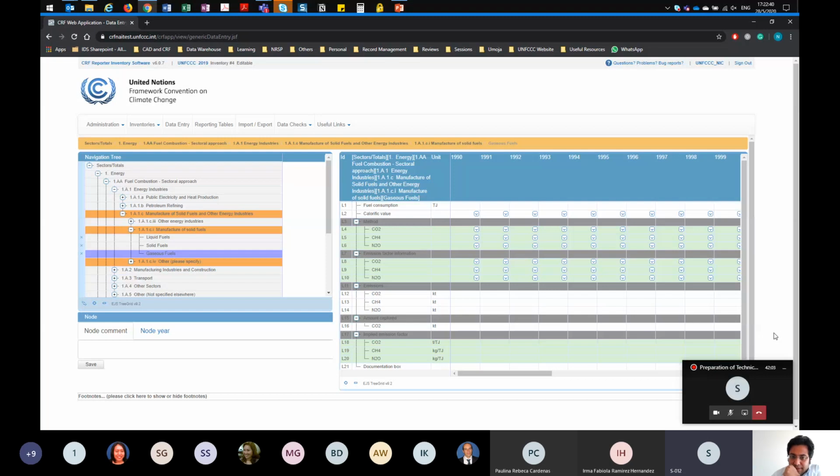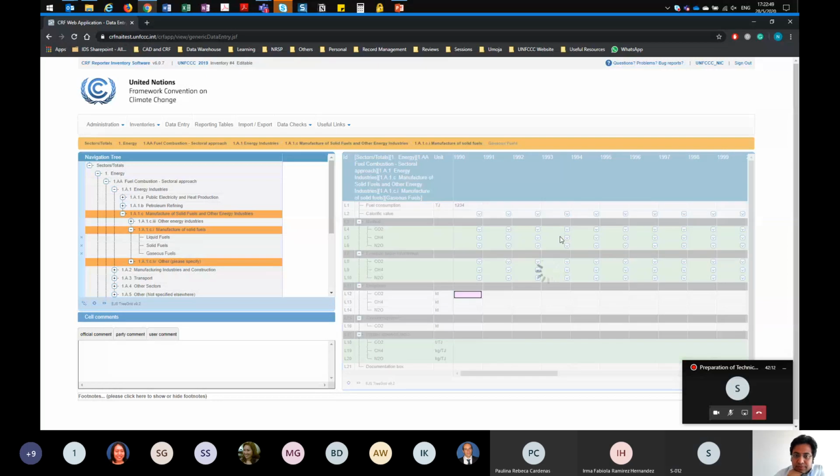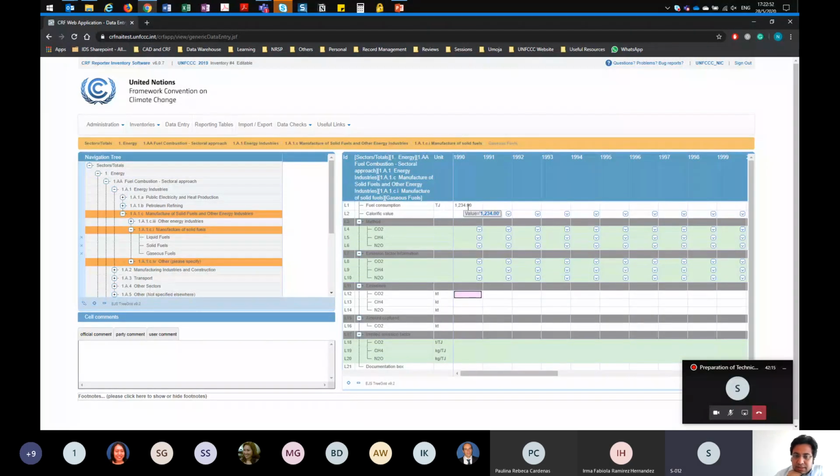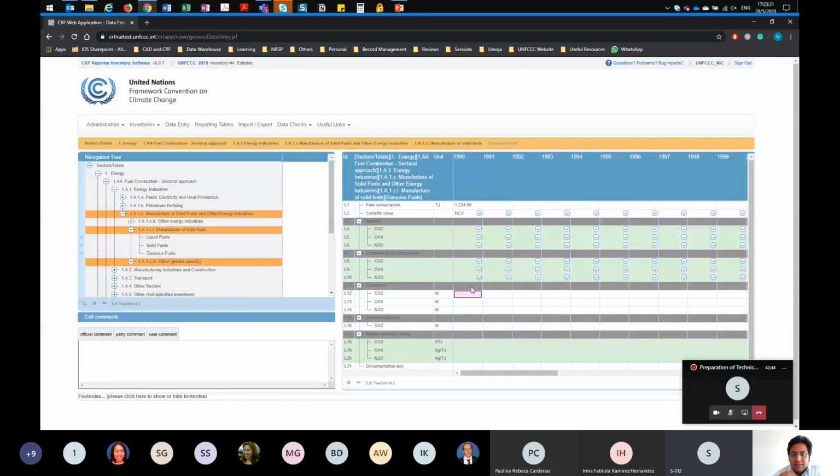As explained earlier by Lorna, you can see that there are white cells and green cells. White cells are where you enter the data. Let me enter some data here. As you can see, while entering the data, the font changes from bold to non-bold, meaning that the data is saved, and there is no save button, or you don't have to save data by clicking anywhere. The data is automatically saved in the database as you enter it, so you won't lose the data that you have entered. And I can select the calorific value applicable for that fuel, and then I can select the emissions.